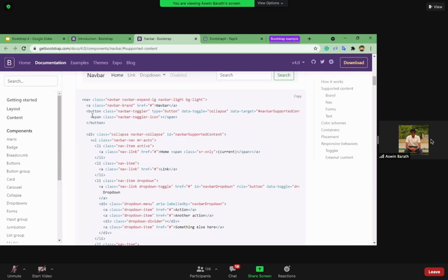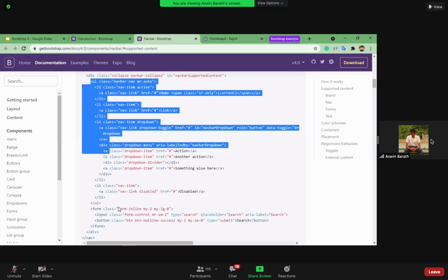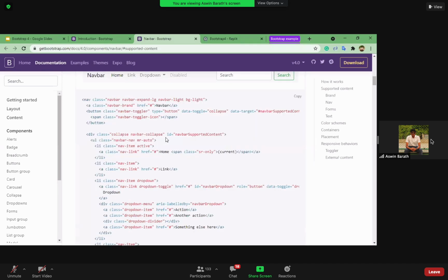As you can see over here, even Bootstrap has given predefined code where they have wrapped every list element and form element inside this div, so that they can add this class property inside this code. That's where we would use class. Class is another type of CSS selector where you add an attribute and its associated value. So you can copy over here, using this copy button, and add it to your website.